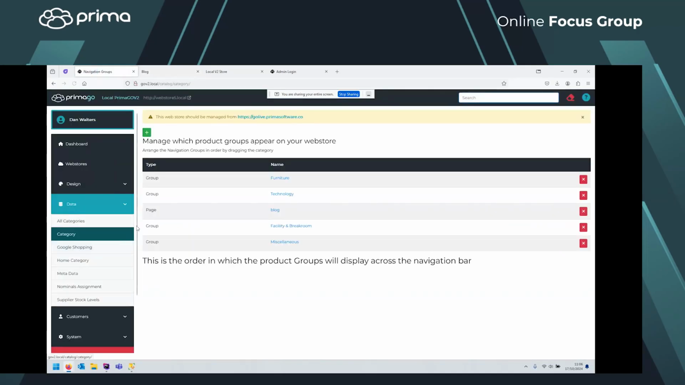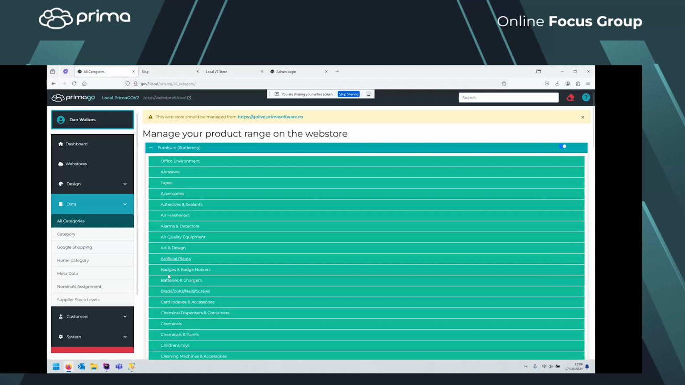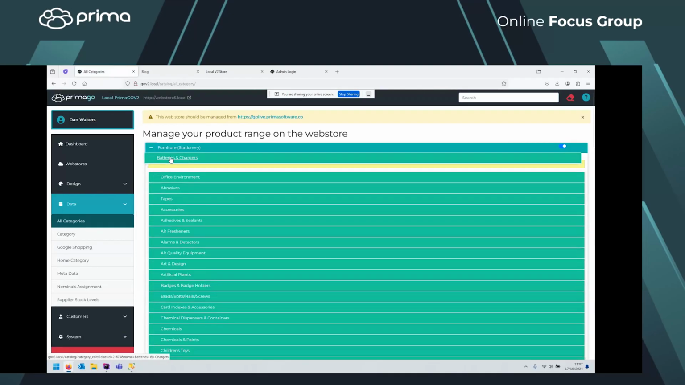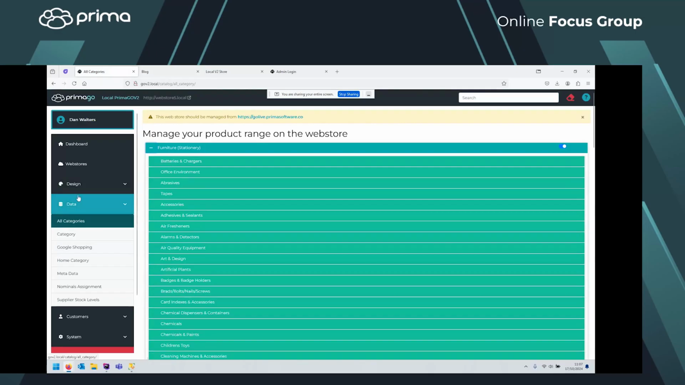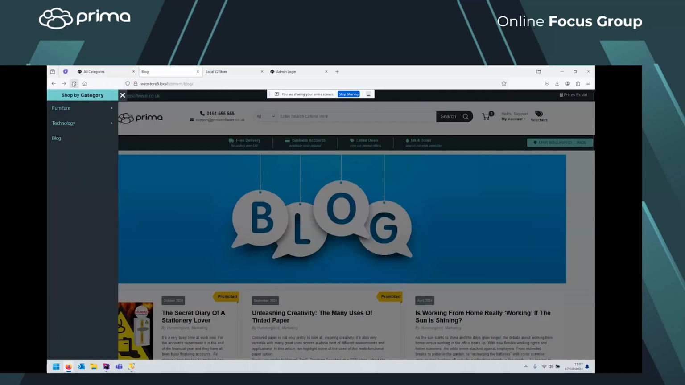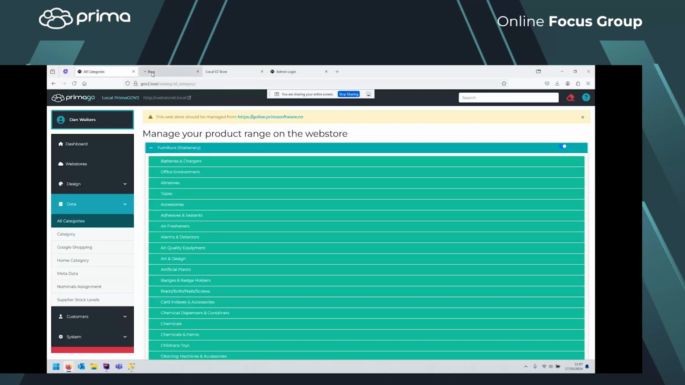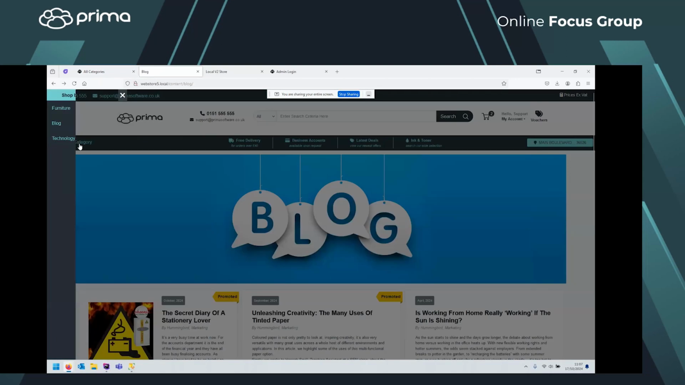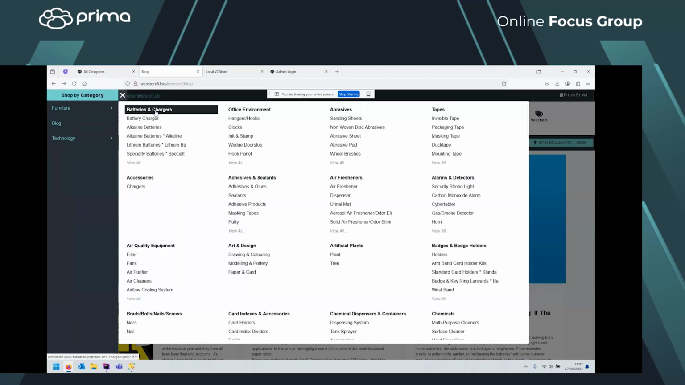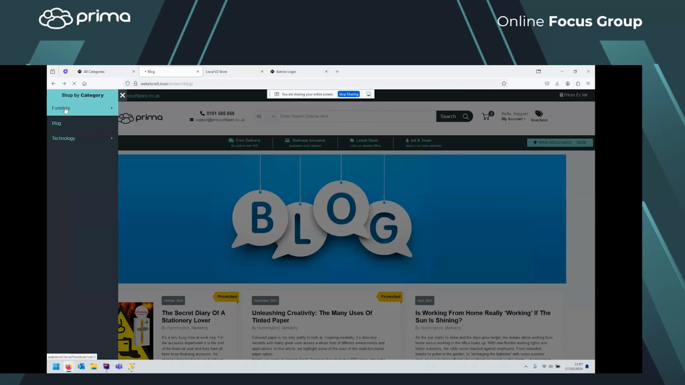So if you go into all categories, if you go into furniture, you can rearrange this. So if I put batteries at the top, again, to change that is under data and all categories. And then if I refresh this, I think it should. You see batteries now is moved to the top. So you can rearrange this however you want. Now, if you click on to the actual furniture section,